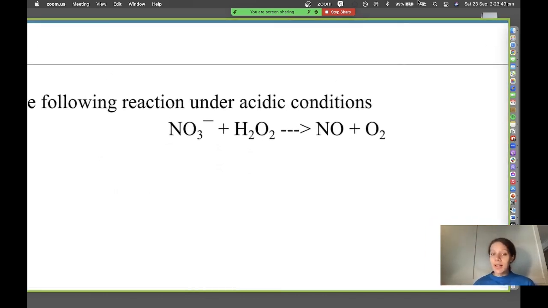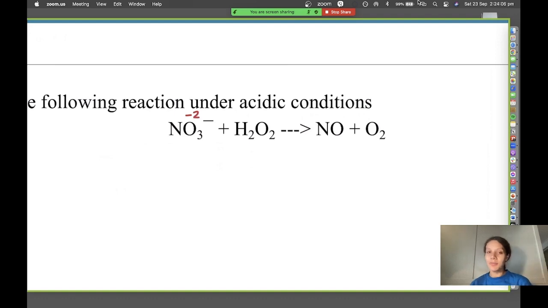This is a really good skill to have as well, because we're looking at oxidation numbers, we're looking at what redox is by definition, how to identify redox reactions, and then obviously the balancing itself. So these are good questions in terms of revising a couple of different concepts at the same time. So let's start with our oxidation states.